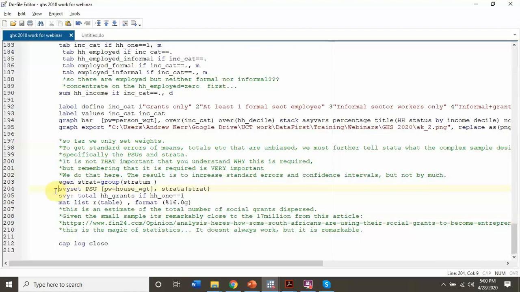I just want you to first of all remember that these numbers that we are estimating are estimates. They're not the truth. We don't know. It's a sample. We're not surveying the whole country. It's 71,000 individuals in this data set. But what we can do is use the weights to estimate some things where we know the number already. In one case, we know the number of grants that are dispersed by the South African state, and that number